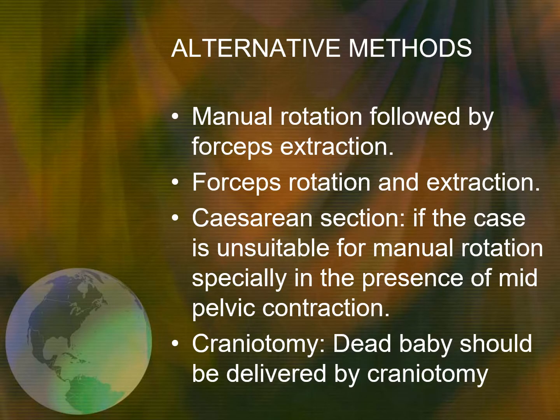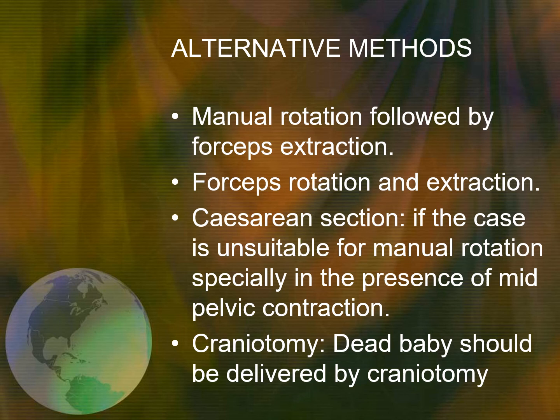And next is, instead of the vacuum, you can use the forceps. For ensuring the rotation, you can use the forceps. Otherwise, if the forceps also fails, you can go to the cesarean section. Also, if the pelvis is not favorable, if the uterus is not contracting effectively, or if the size of the baby is large, in such cases you can go directly to the cesarean section.